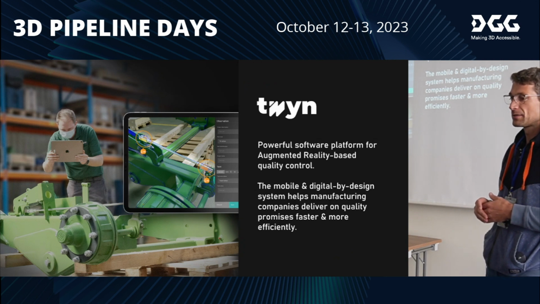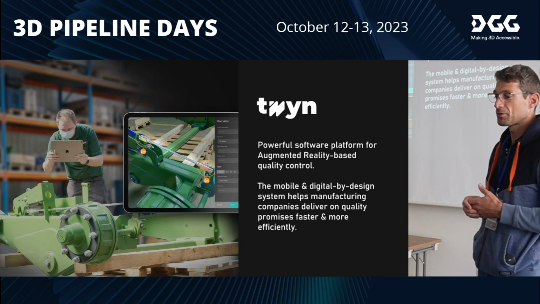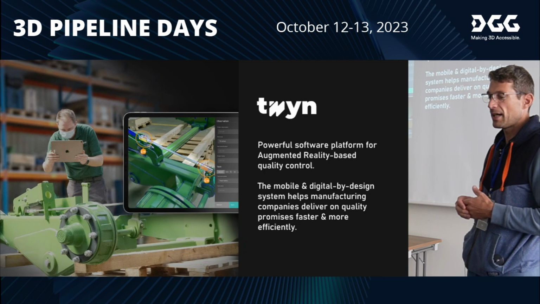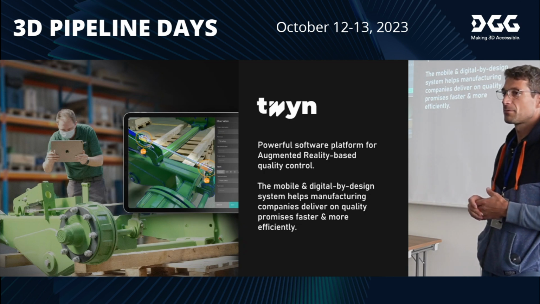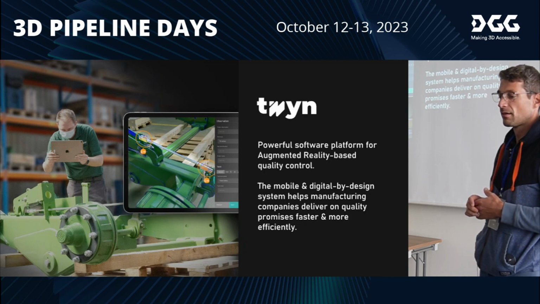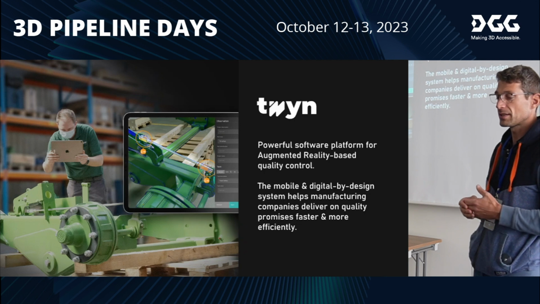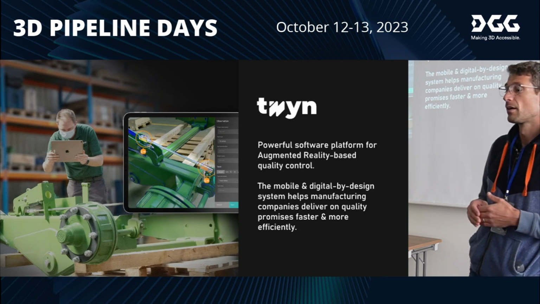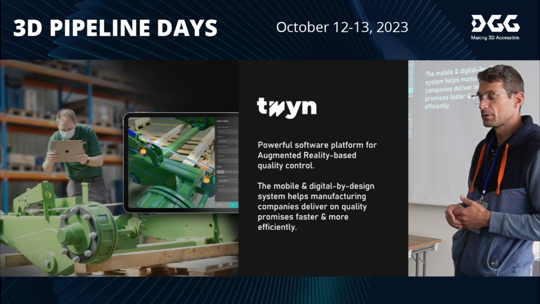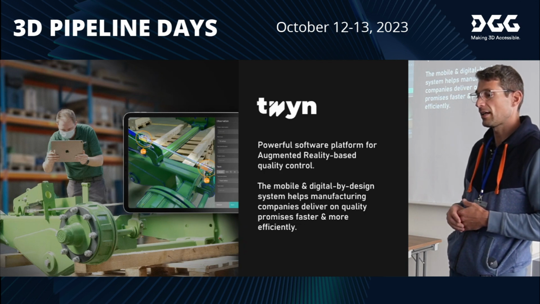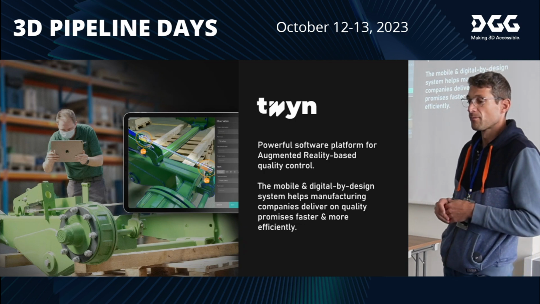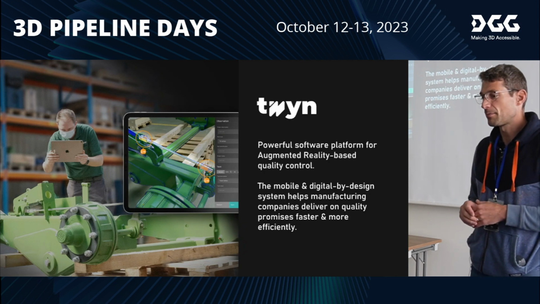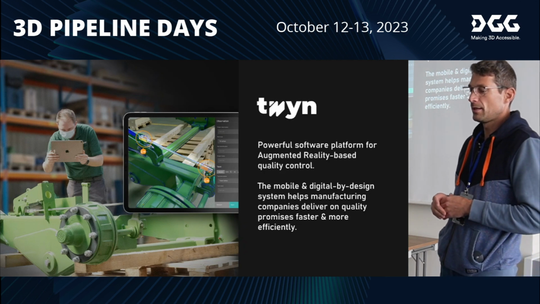training use cases are also interesting, but we saw the biggest value was in the area of quality inspection, because many production companies have a big pain in production quality, especially in welding, for example, welding structures where things are produced in very small quantities and very high variations. And we try to address this problem with our solution Twyn.